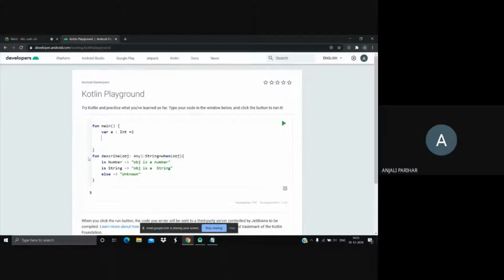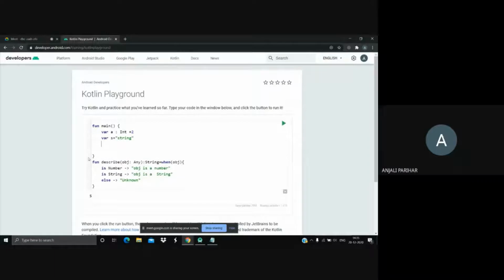Okay. So I have variable A, it is of int type. Let me have one more variable that is a string. Let's say this is a string. Okay. So I'll just call describe and pass it A. I don't know what type A is. The function would tell me.